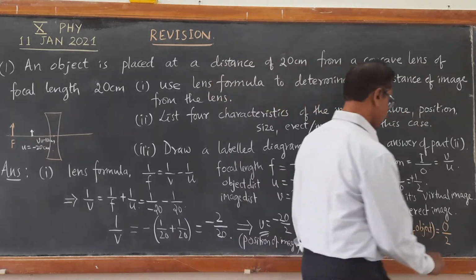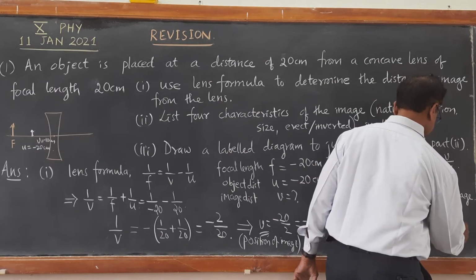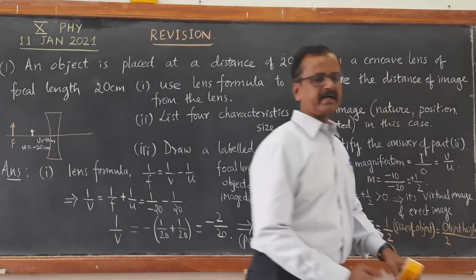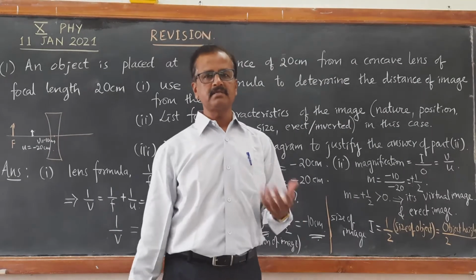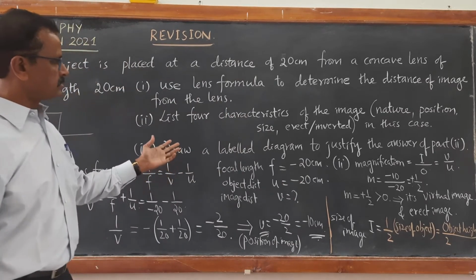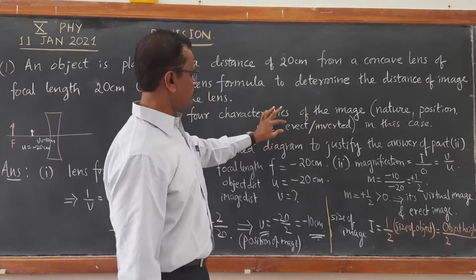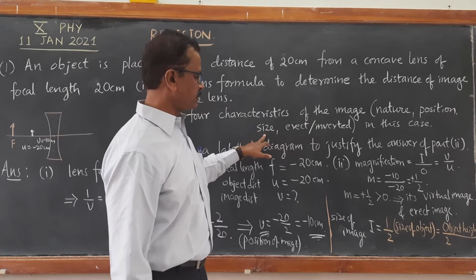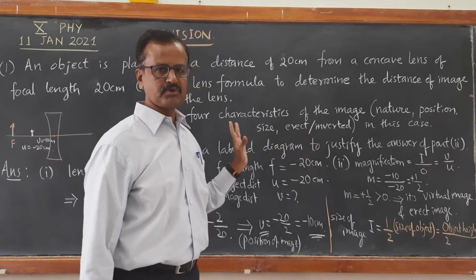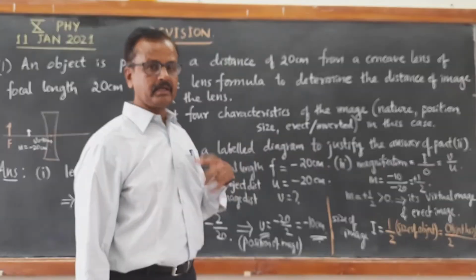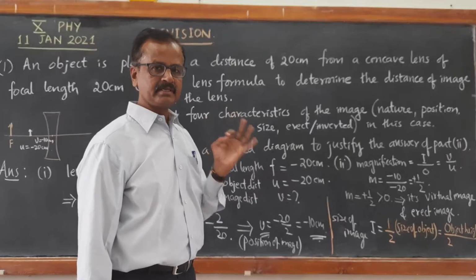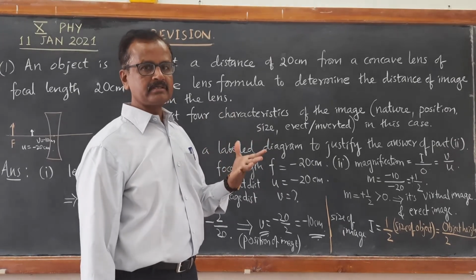O for object height. That is evident from the magnification. If the magnification is half, it means what? Size of the image is half times the size of the object, right? That is O. So we have found out the position, we have found out the nature, and we have found out the size of the image. Whether it is erect or inverted, it is definitely erect because magnification is positive. When magnification is negative, then only we will get an inverted image. When the image is inverted, magnification is negative. When the image is erect, magnification is positive.